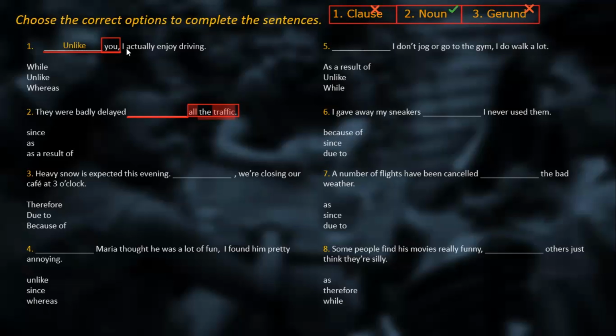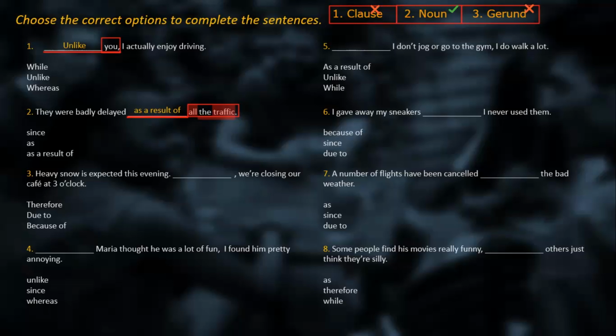What about the number 3? It says, "Heavy snow is expected this evening." What is the type of idea that we have in here? Contrast or reason, I mean. Reason. Exactly. We need to use therefore because of the point, the dot and the comma. Exactly. Because we have in here a period, then we have a comma, and we know that this is a characteristic of